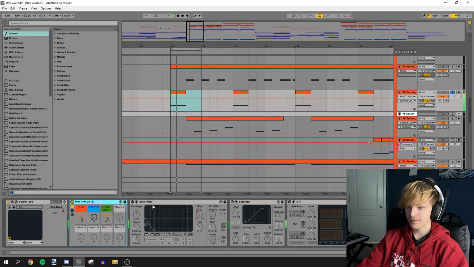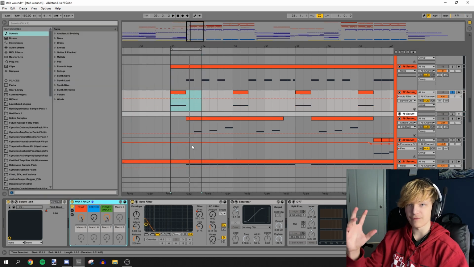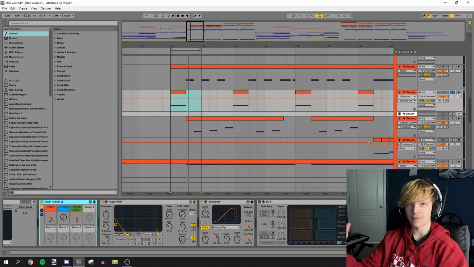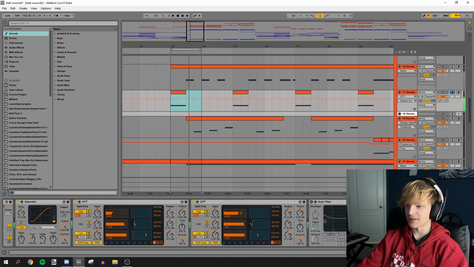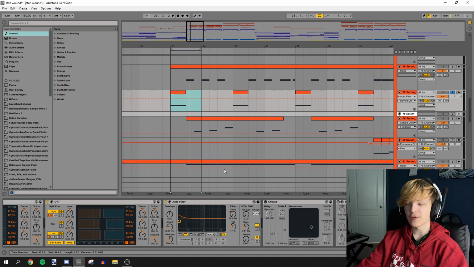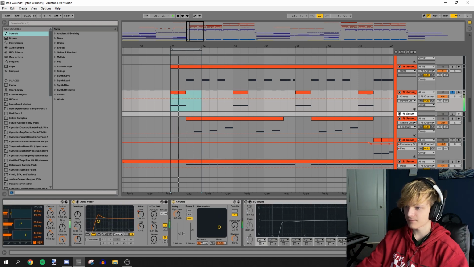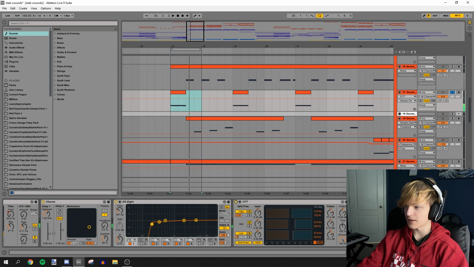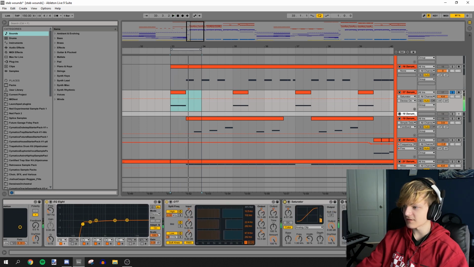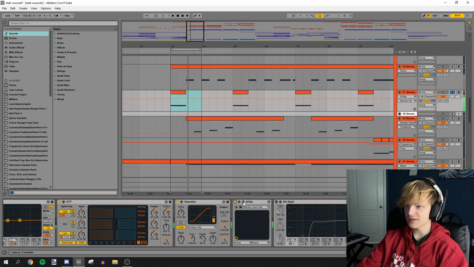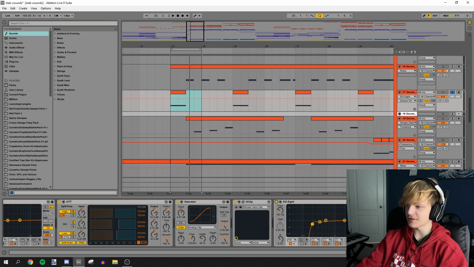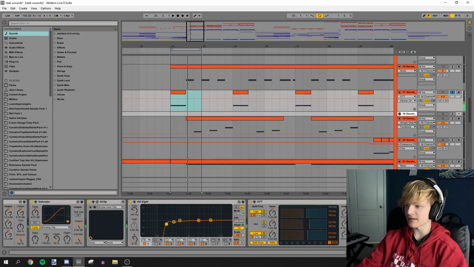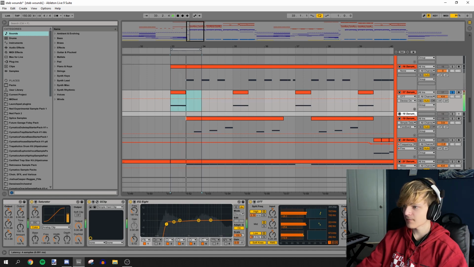Then we have a Fat Rack, just to glue it together, an auto filter to give it vowels, a saturator to add some high end back, an OTT to glue it again, and another one for some more high end. Then another auto filter for some more vowel movement, some chorus for some more width, an EQ to take out the low end, an OTT to bring it up again, a saturator to make it fatter, a G-Clip, which I didn't even know I had, that I just turned way up apparently. Then an EQ to take out some more low end, then an OTT to glue it together again and make it louder, then a saturator to crunch it up again,